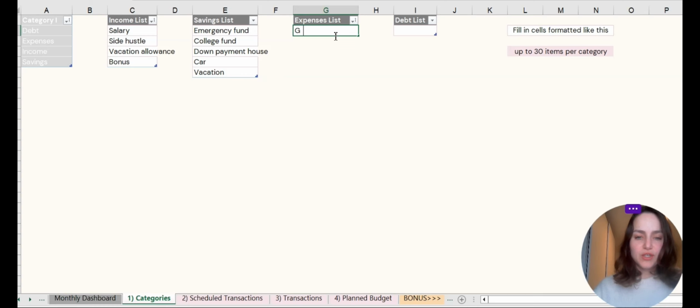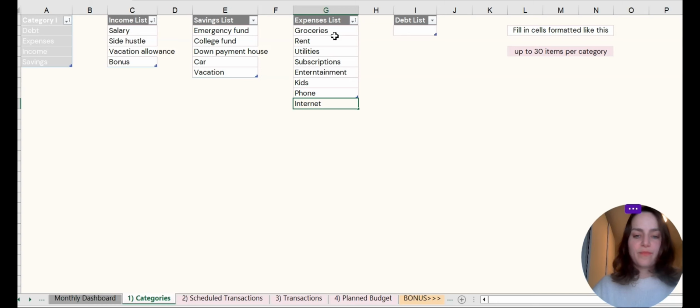But the general would be, for example, groceries, rent, utilities, any kind of subscriptions maybe you have, entertainment, going to the movies, phone bill, internet, coffee, eating out, travel, car,